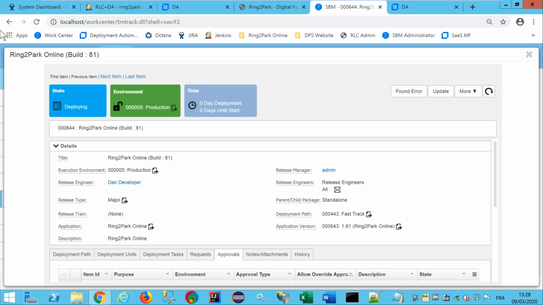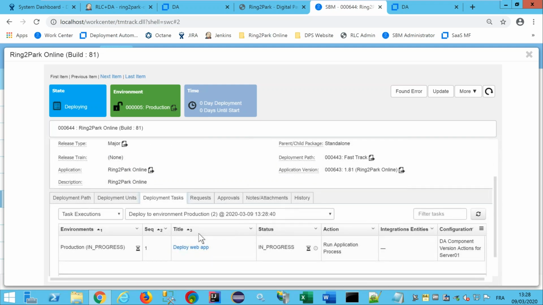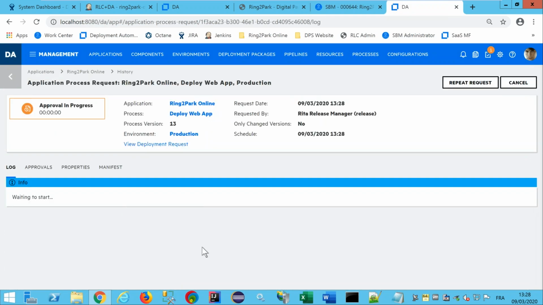So the status for the release package is deploying. If we have a look at the deployment task here, we see that the deployment in production is in progress, and you can jump into deployment automation. And here you see there is another approval in deployment automation.